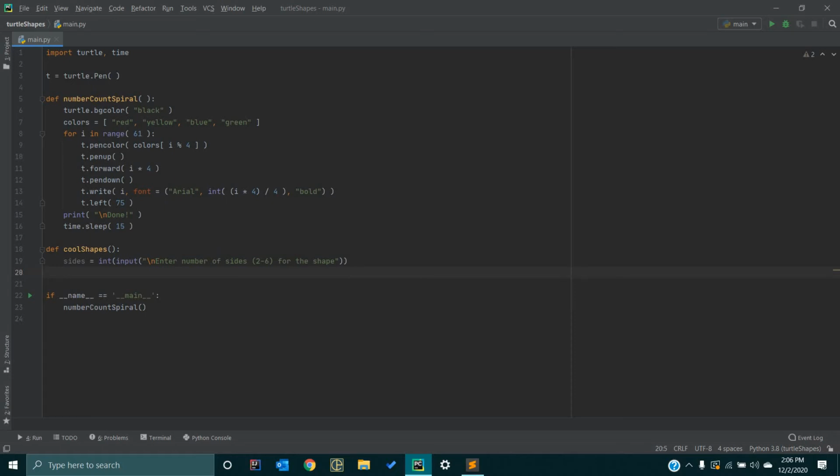So in order to keep our program from breaking, we can do a little safety net, and we can go if 2 is less than or equal to sides, which is less than or equal to 6, then we're going to go